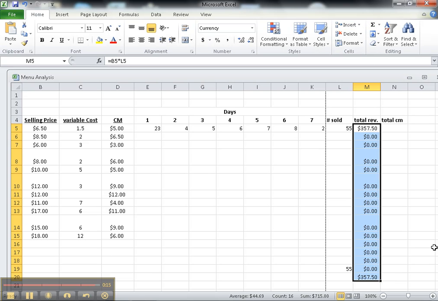Terrific. And what else do we want to calculate here? You want to calculate total contribution margin. And that's column N. Yes. Okay, so the same thing here. We want to multiply number sold times the individual contribution margin for